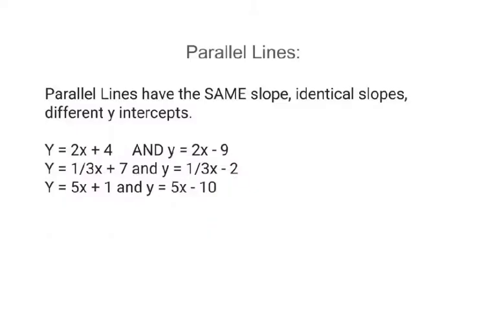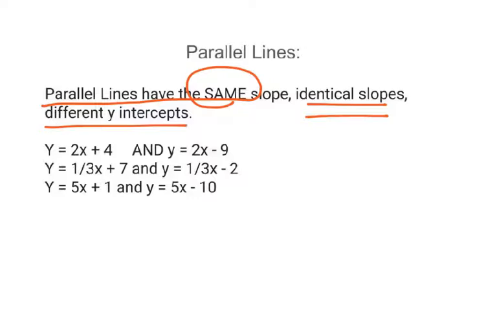But when it comes to parallel lines and our equations of lines, parallel lines have the same slope, identical slopes, but different y-intercepts. So you can see right here in this first example, the number in front of the x is our slope, and it's the same, the number 2. Their y-intercepts are different. In the next example, the slopes are the same,